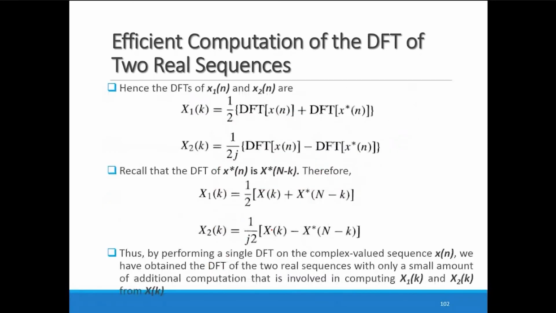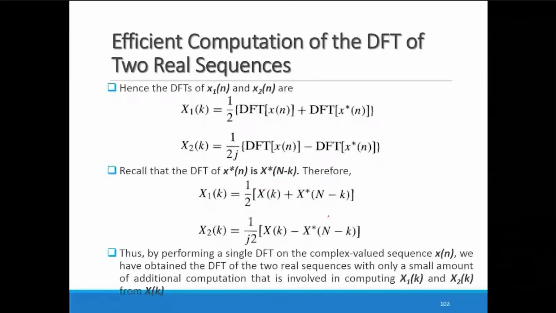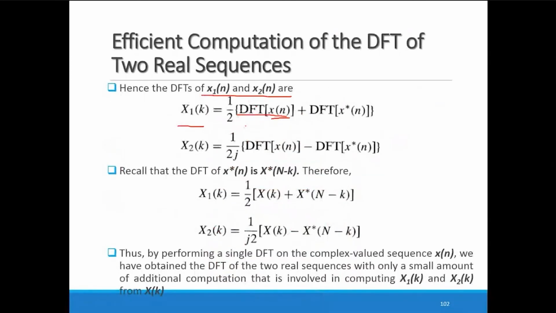Okay, so if we calculate the DFT for this, now we have separated and represented x1(n) and x2(n) in the form of x(n), and now we apply the DFT. The DFT for x1(n) and x2(n) are given as X1(k), where the first part is x(n), so we have to calculate the DFT for that. So 1 by 2, as the denominator is 2, I am writing 1 by 2 outside this bracket: DFT of x(n) plus DFT of complex conjugate x*(n).